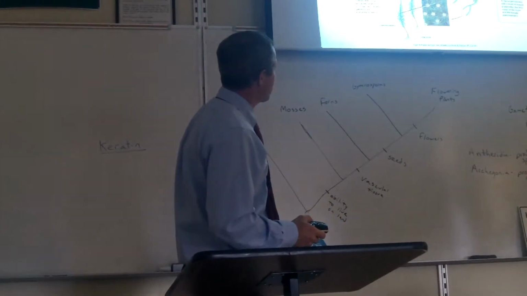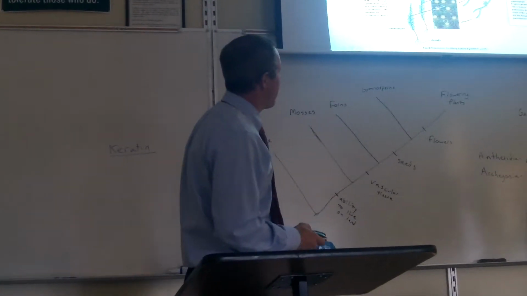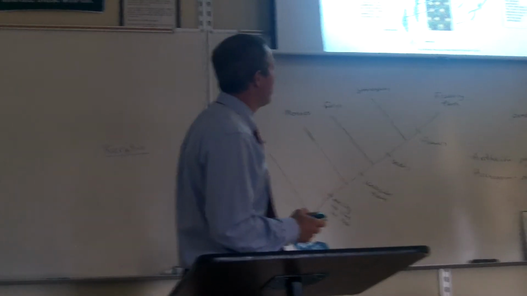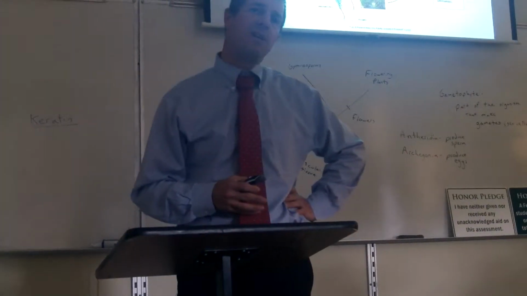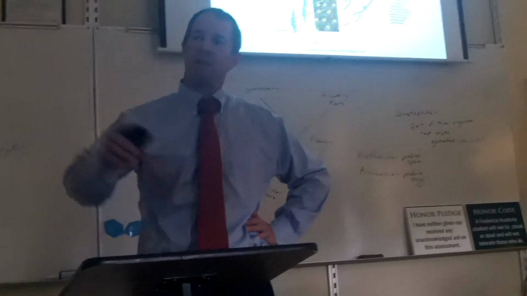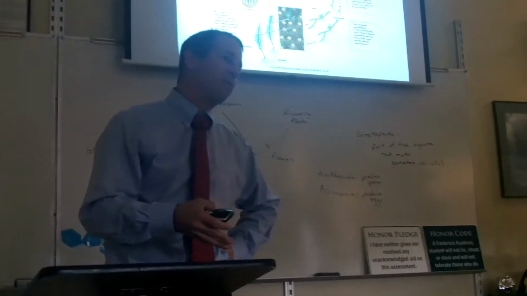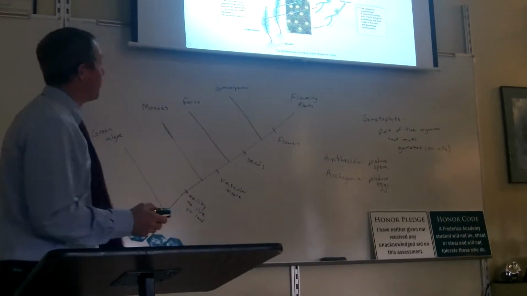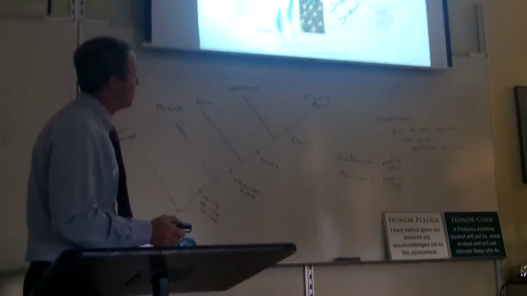So, this cycle, there's a couple things you need to know about it. Everything you see on the bottom here, in the tan area, the cells are haploid. Do y'all know what haploid means? Has a single set of chromosomes. What do we call cells that have two sets of chromosomes? Diploid, okay? So, here's the deal. The spores are haploid cells.